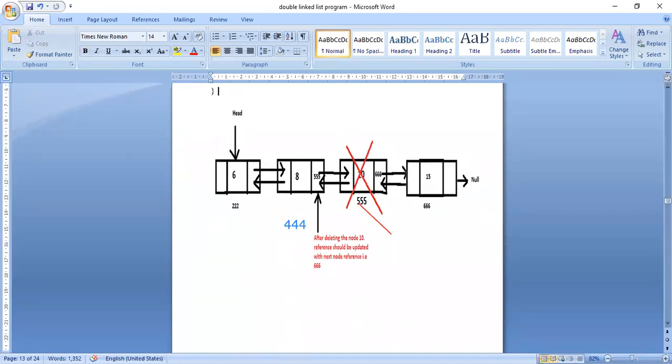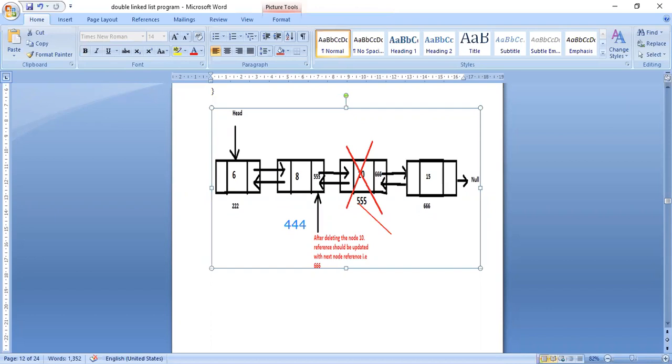For example, val is equal to 8. While scanning, if I execute the scanf, I will take the value as 8. So I will start from the head and I will end at the 8 location. I will be traveling from the 6th node and I will be stopping at value 8. So this is the value. Whenever this value is encountered, I will stop there.